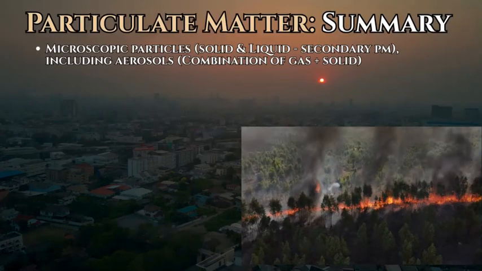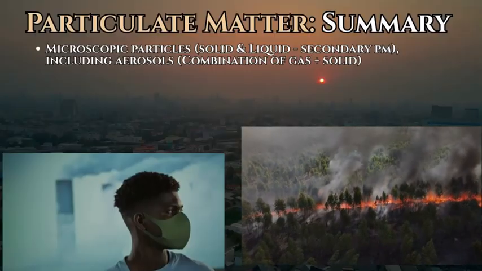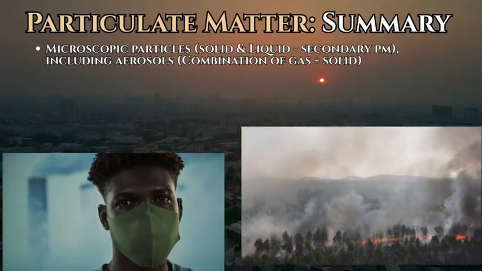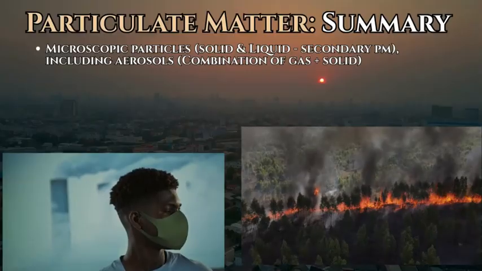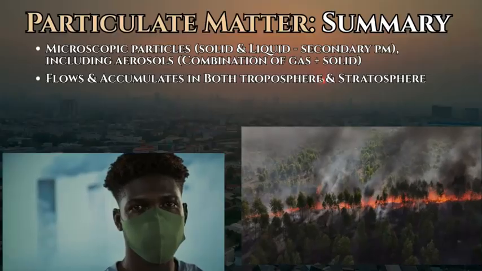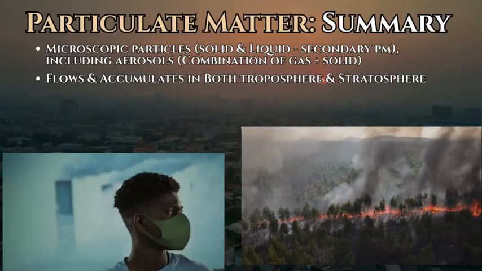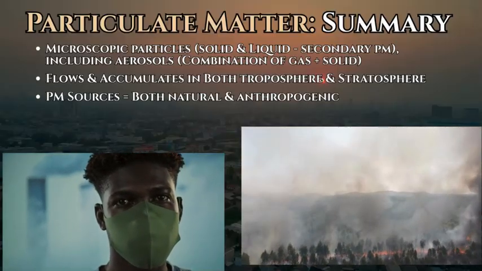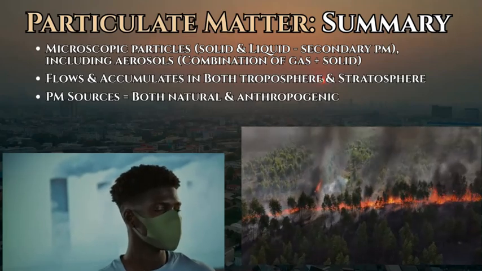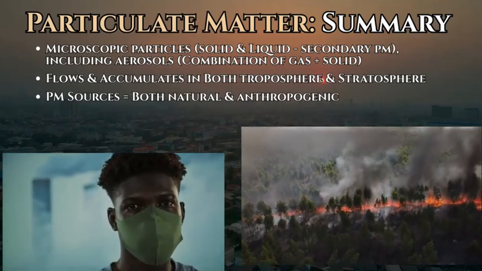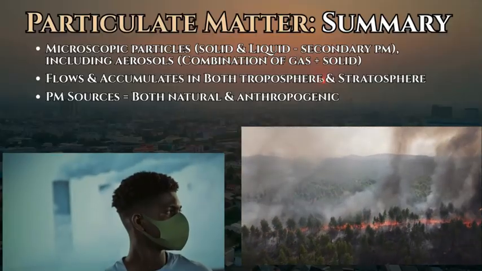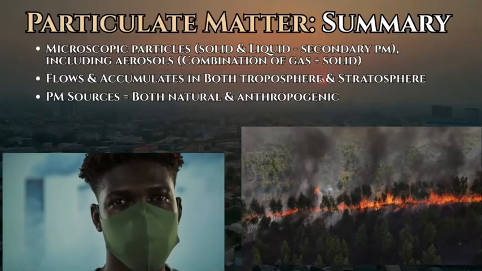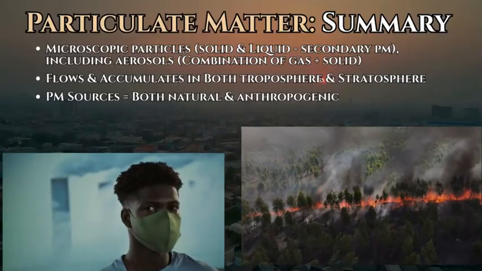In summary, particulate matter is microscopic particles of matter, usually solid matter, and it also comes in aerosol form, which is that solid particle surrounded and encapsulated by a gas. Now, this aerosol usually exists in the stratosphere, and the regular particulate matter, which is just the particles, would be more in the troposphere. Now, in terms of sources, it comes from both natural and anthropogenic, which includes different kinds of terrains, like forests, oceans, soil types, and vegetation. And it also comes from various human activities in terms of urbanization, industrial areas, transportation, agriculture, and producing